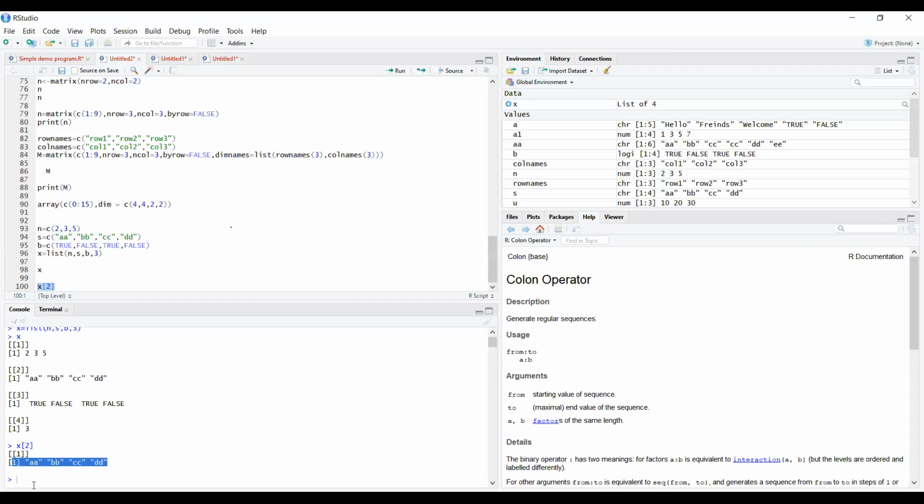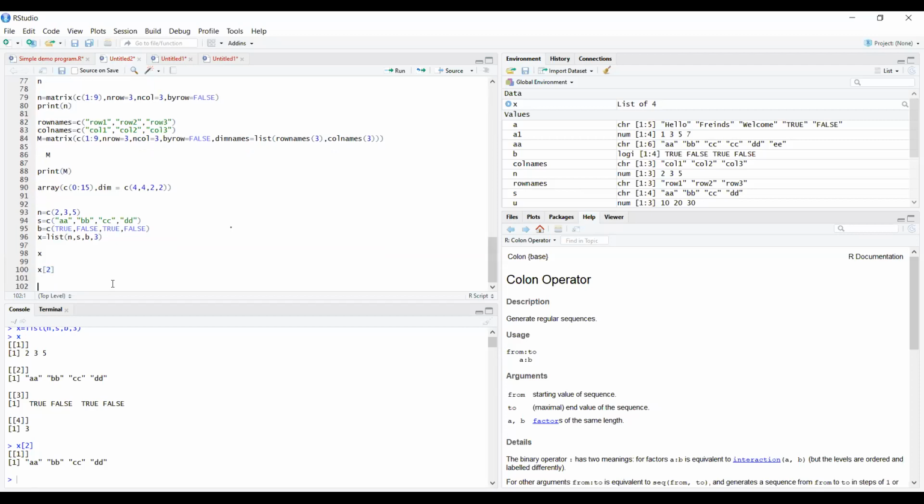Now moving on to the next part, which is the data frame, also a data type. A data frame stores different data types. It is a list of vectors of equal length. Yesterday we saw some data frames. In a data frame, the length of the data should be equal. This is one of the important conditions you have to follow. We will see how the data frame works with an example.